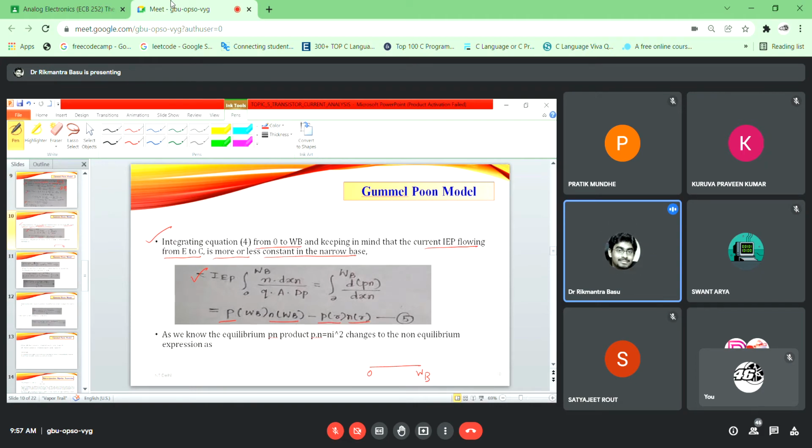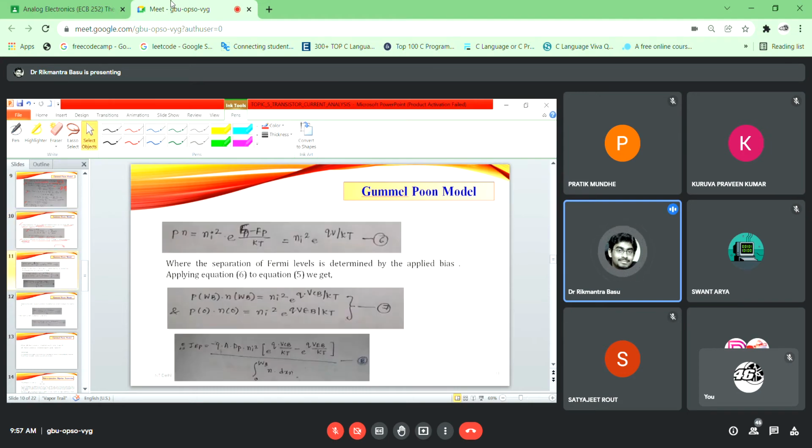That's not just a notation to represent. As we know, the equilibrium pn product, that is n into p, equals ni square from the mass action law, changes to the non-equilibrium expression as p into n equals ni square into e to the power EFn minus EFp by kT, because when it comes to the non-equilibrium,